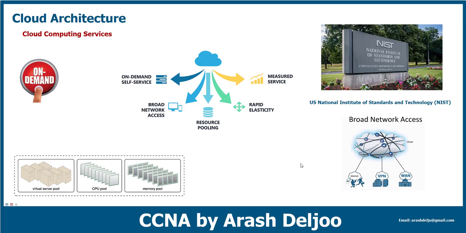But broad network access means we should have other methods. Maybe the internet is not available to us in one place, or maybe the internet is down right now. How can we connect to the cloud with other methods? For example, maybe you have a private WAN, and this private WAN is used for connecting your site, your branch, to other branches. The cloud should give you this opportunity to connect to the cloud from your WAN, or maybe through some type of VPN. Because of that, broad network access related to the cloud means the cloud should be accessible from many types of devices and also from many types of networks, including the internet and some other networks. This is also so important because our resources now are residing in the cloud. For example,